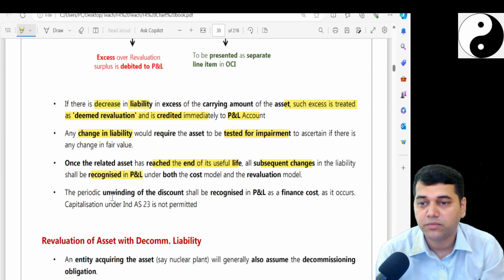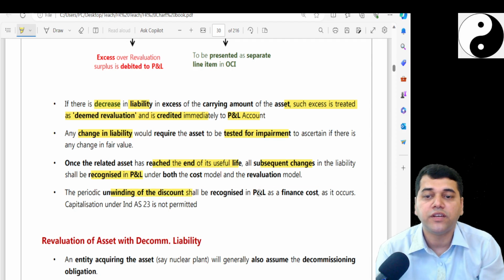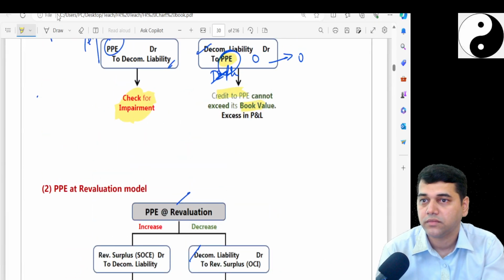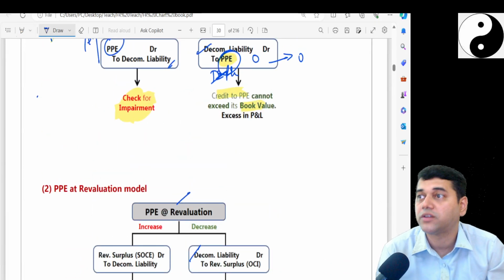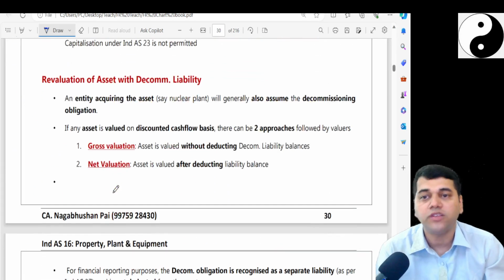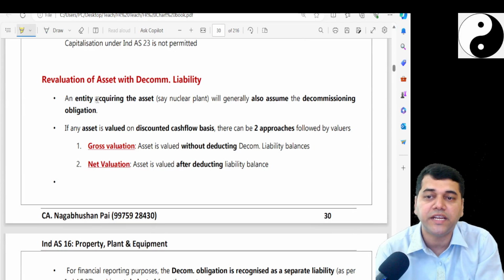And cost and revaluation model. Unwinding of the discount shall be recognized in the P&L as a finance cost. This explanation is for the first part. Okay, I will change this in your book when I give the book to you. This for the first. Now, second portion on the revaluation of the decommissioning liability, entity acquiring the asset will also